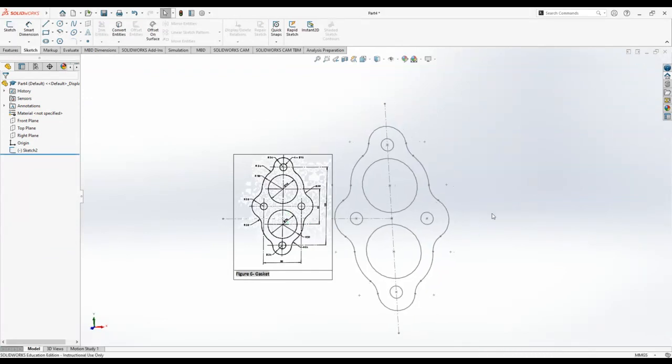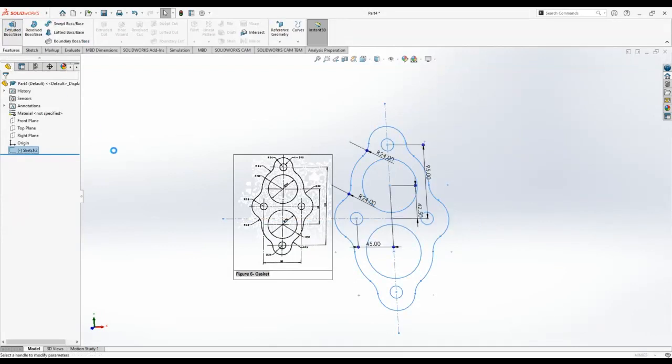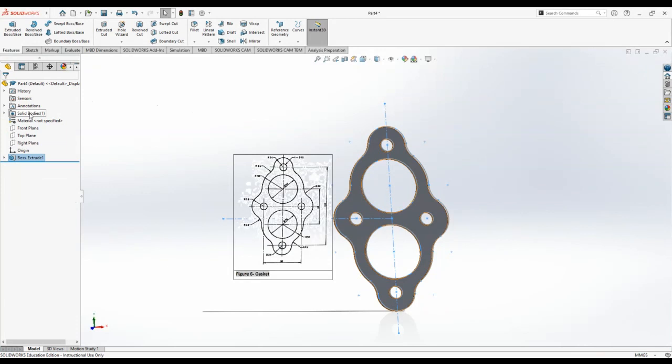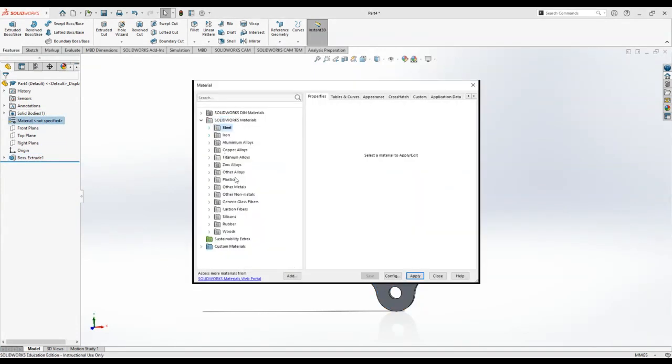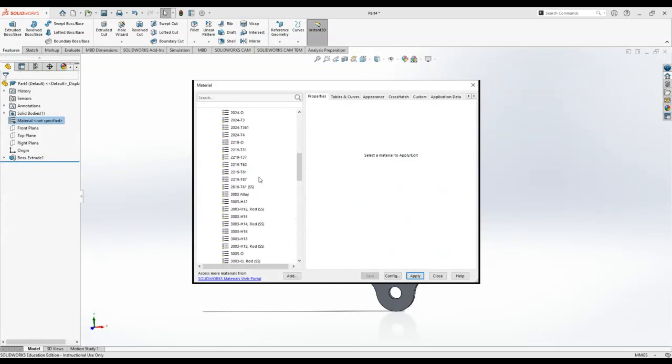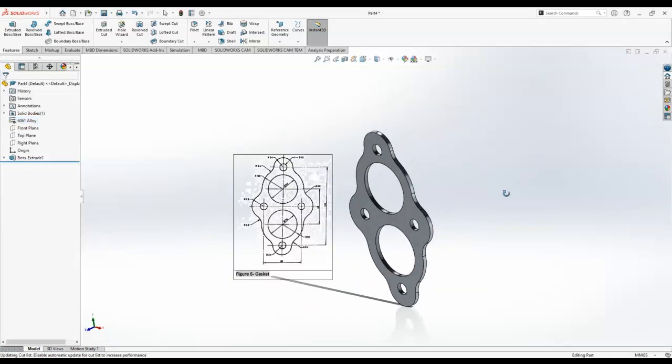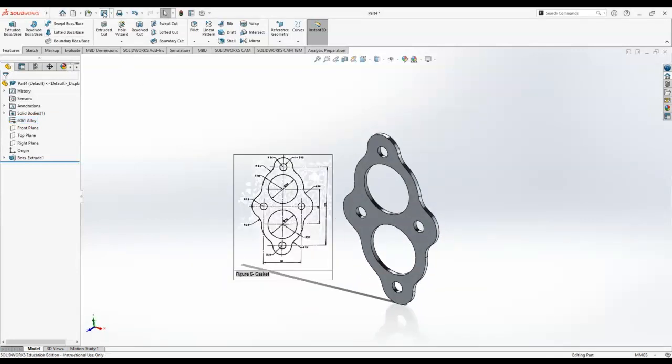So hopefully that is ready for extrusion. I pre-select that, go to the feature, and have this one extruded for 5 mil. Okay, 5 mil. Add the material, make it out of aluminum 6061. Apply, close, and that's it. Now this part is being made. Save,